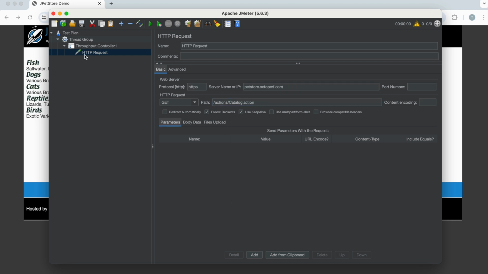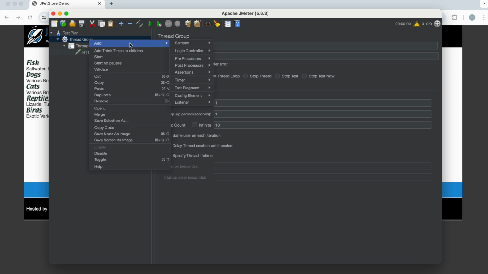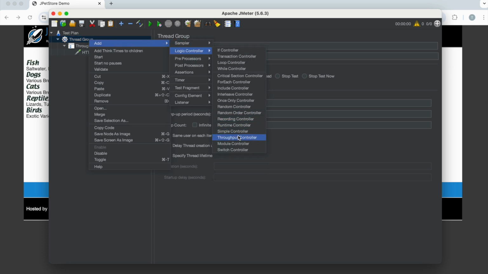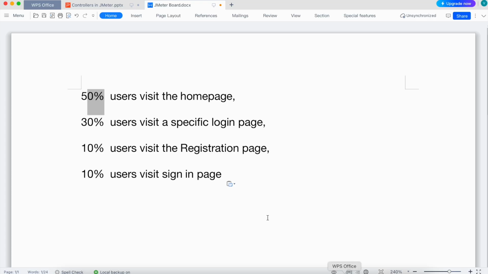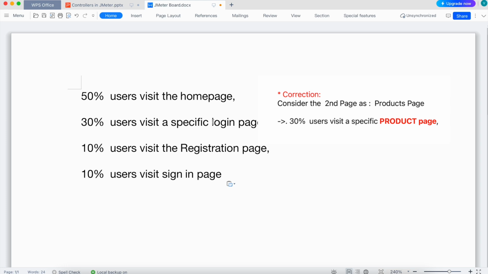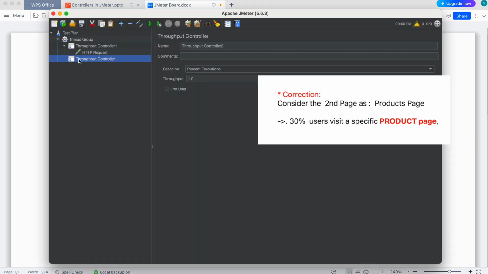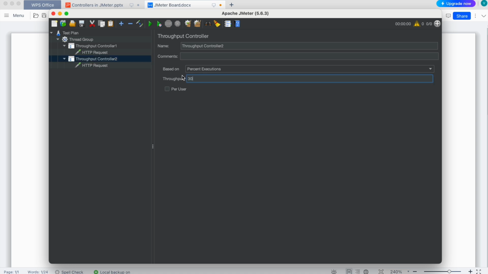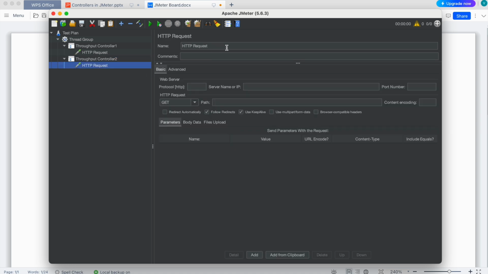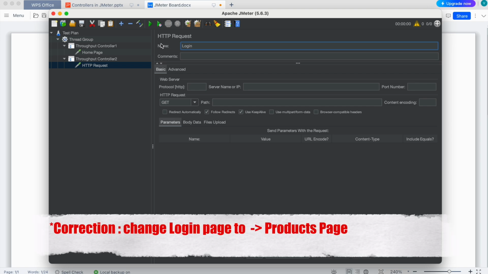Now I can add one more throughput controller. I will call it throughput controller 2. Under this particular controller, we can add the login page which is accessed 30% of the time, right? I will add one more sampler here. For this throughput controller, we set 30% and this request we can call home page. This request we can call login page,